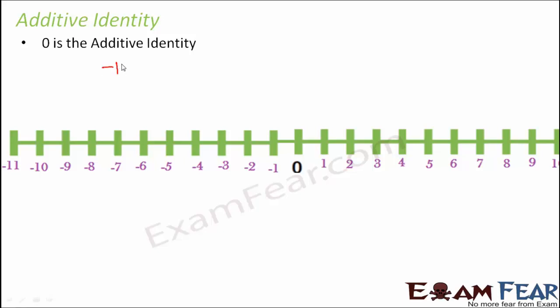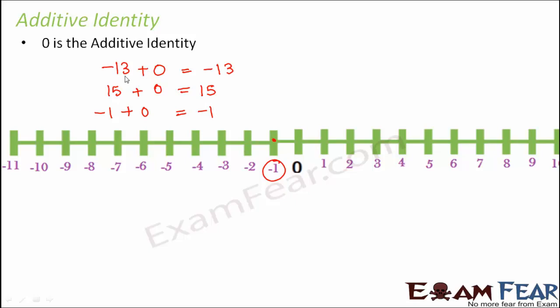That is because you add 0 to any integer, you get the same integer. So you add 15 plus 0, you get 15. You add 0 to minus 1, you get minus 1. Do you know why? Because when you add 0 to any number, let's say minus 1 plus 0, this is minus 1. Now what do you want to add to minus 1? Nothing. 0 is nothing. So you are not adding anything. So where are you? You are still at minus 1. You did not make any jump at all. So your result is minus 1.